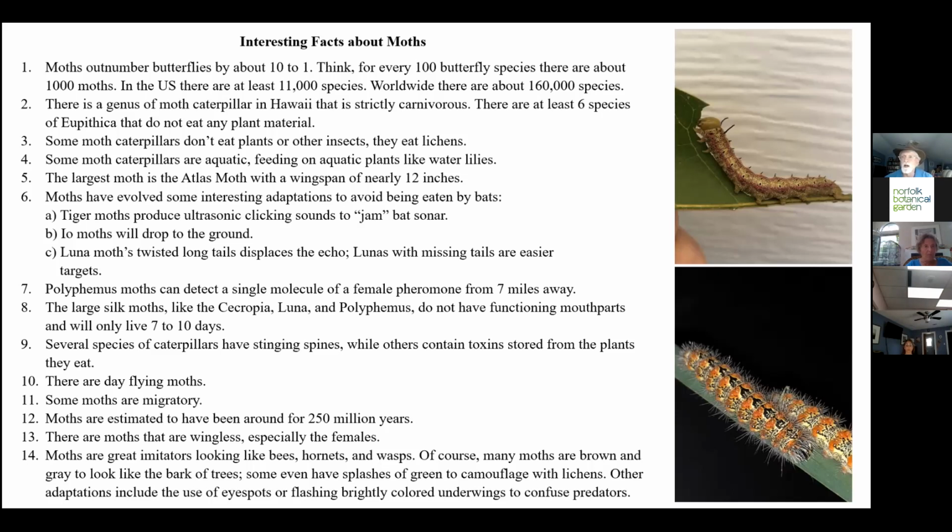And a lot of the moths, with those huge feathery antennae, I mean, they're all chemical sensors, just like you may have learned with butterfly antennae. They can detect a molecule of the female pheromone about 7 miles away. And Polyphemus, for a moth person like me, if I'm trying to raise some or get some eggs, if I have